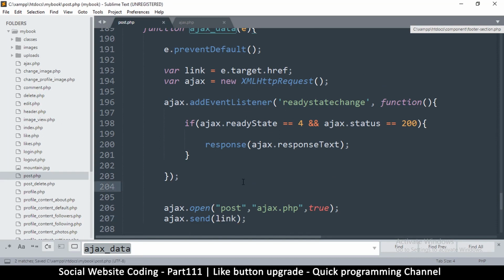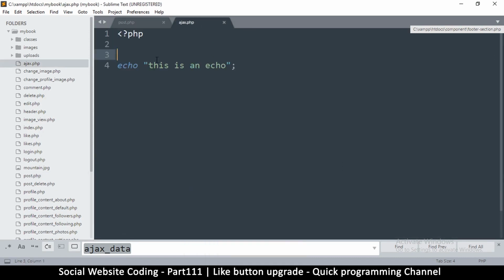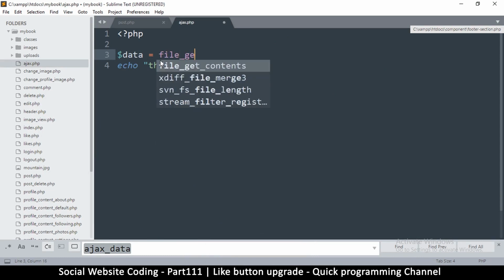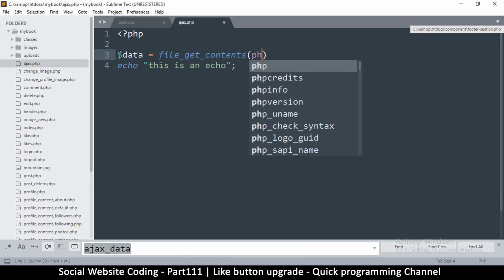Link. There we go. So on the Ajax side here, for me to collect that data, I'm going to create a variable here and say file_get_contents. I'll use file_get_contents. And inside there, I'm going to say PHP